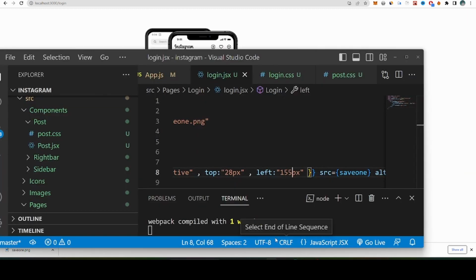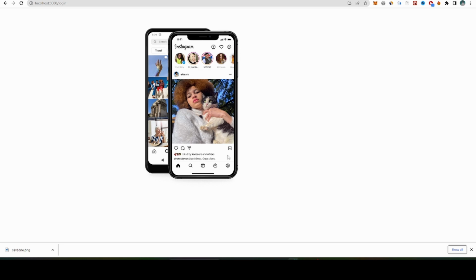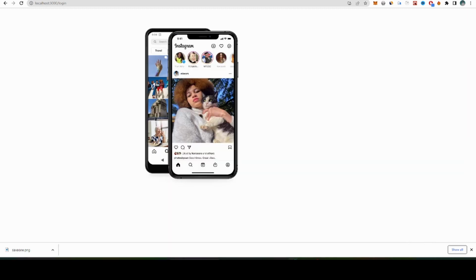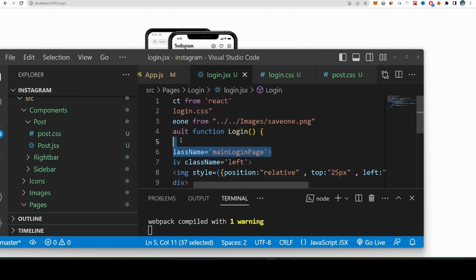Okay, so let's write a 56. Yeah, and let's write a top which is 29 maybe or 25. Yeah. Okay, so now let's go in our right side,